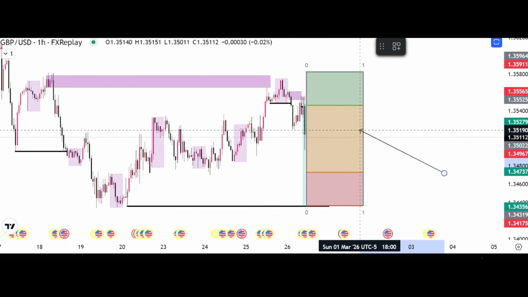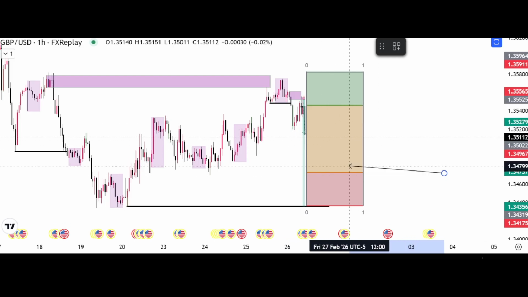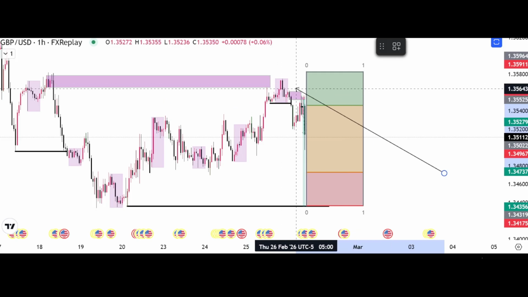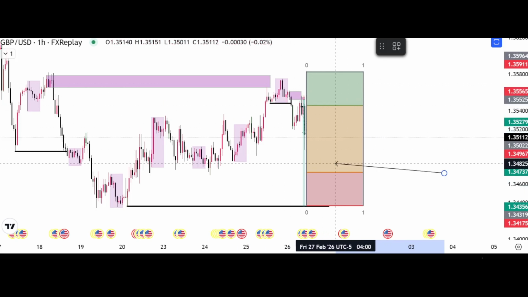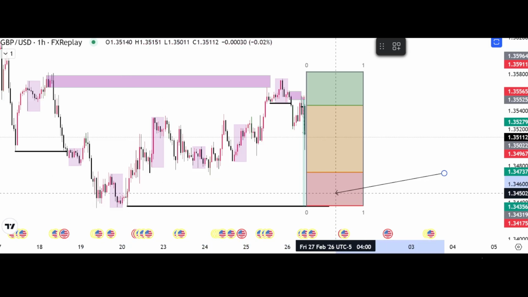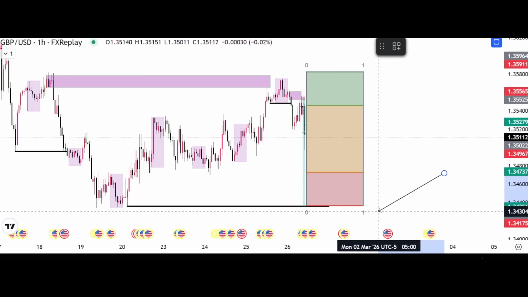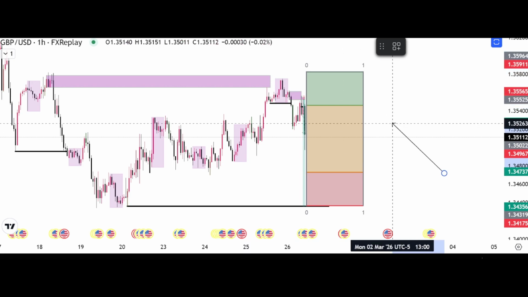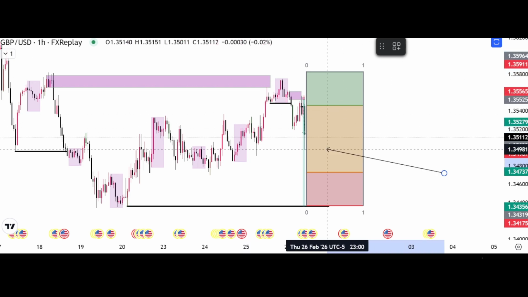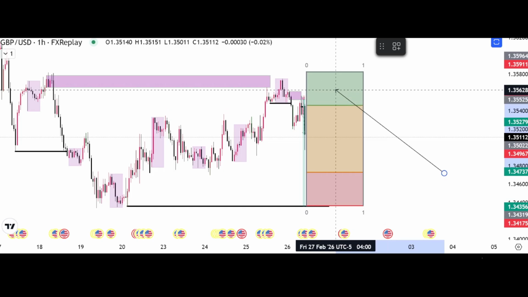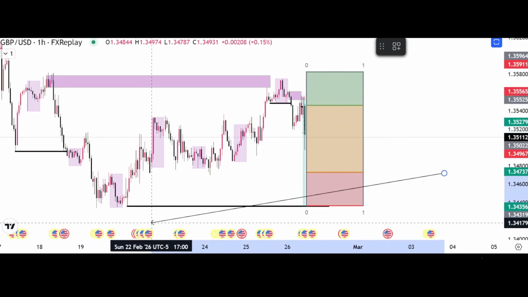price tends to go take liquidities, but there is a low chance that price from the orange box goes up and mitigates liquidity from the green line. In case price went down, mitigated this swing low, and magically holds, then there's a chance that price will go higher and break the green box zone. Do you understand me? Simply, when you take trades from the green box, you can target the low of the